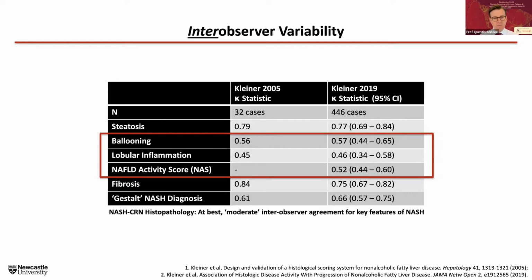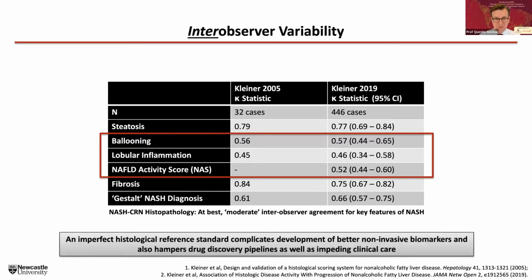And of course, one has to remember these are expert histopathologists who meet regularly and look down a multi-headed microscope together. These are about as harmonized a group of individuals as you're going to get in terms of their histological interpretations. So the fact that over that 15-year period there hasn't been a significant improvement in kappa values does make us think that there are limitations, and there must be something more to this than simply not practicing enough together.